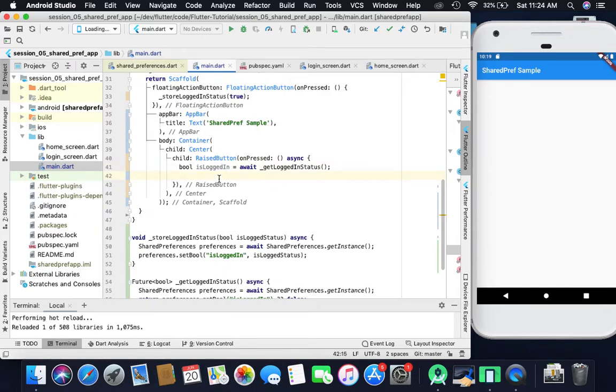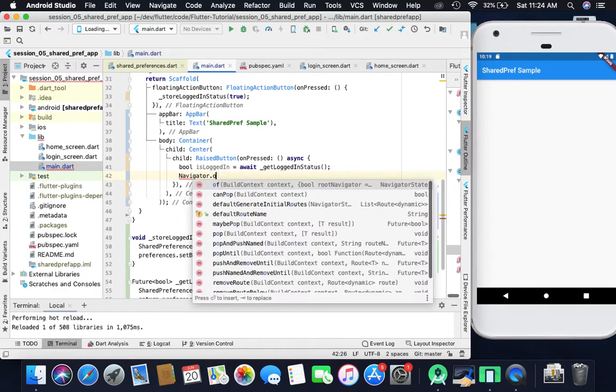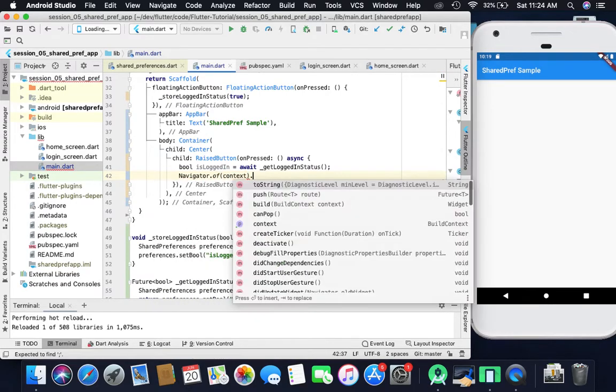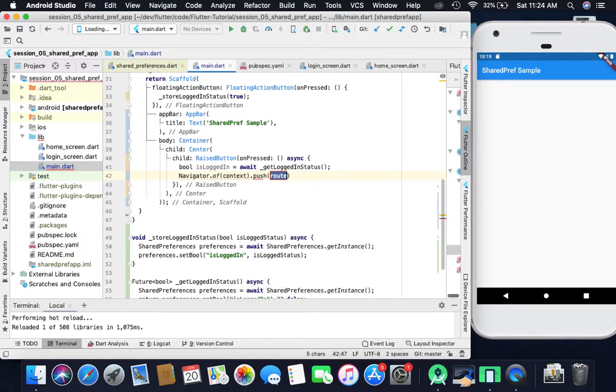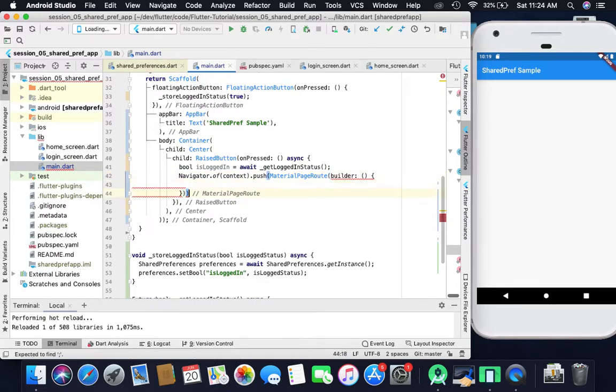So now we have to navigate to another screen, which is the logged in screen or home screen. For that we will use Navigator.of(context).push, and the push requires a MaterialPageRoute. These things I already explained in my previous tutorial, so guys just go through that. You will get to know a lot of things, and your builder needs context.